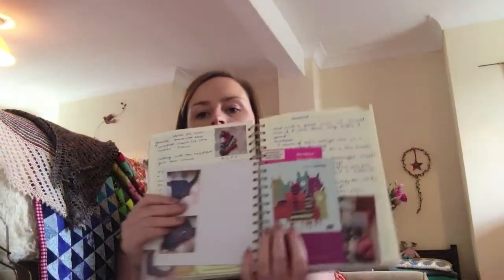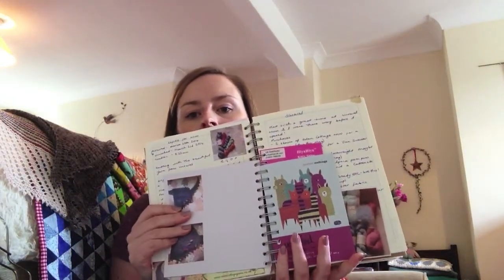And I've put in bits about festivals that I've been to, so that's Unravel, and the things that I bought, so that I can keep track. And it's nice to remember when you're using something where you got it from. And this one's really handy because it's got pockets in it, so you can put in all different bits